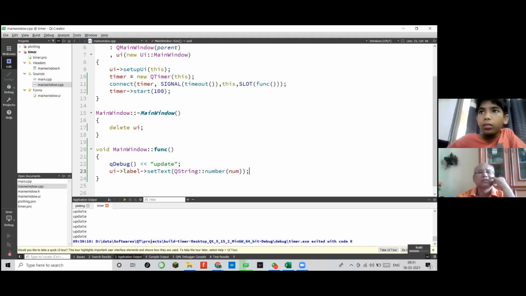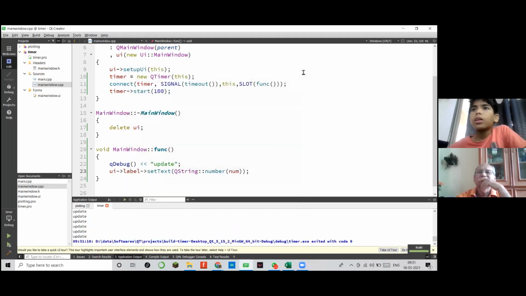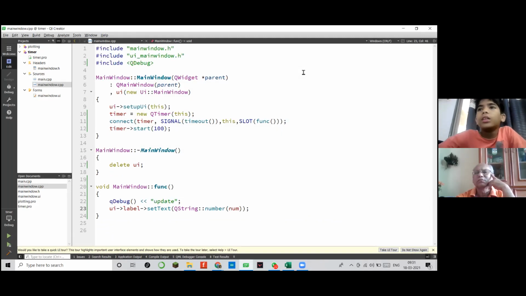Is this CPP syntax or something else? CPP means C++, sir? Yeah, sir, I think it's C++ only. I'm not sure, sir, because a lot of additions are also here. So how did you learn this? Sir, I just watched some beginners videos and some plotting videos and I saw how to do this.